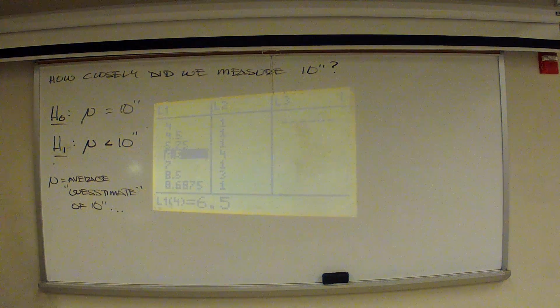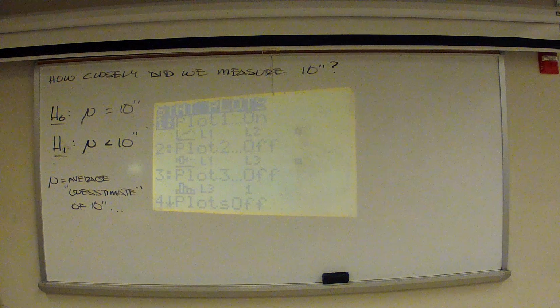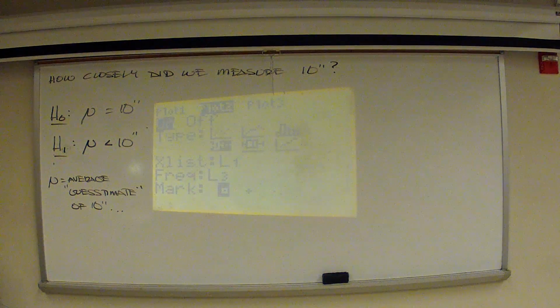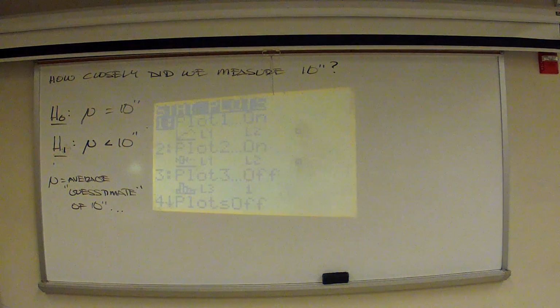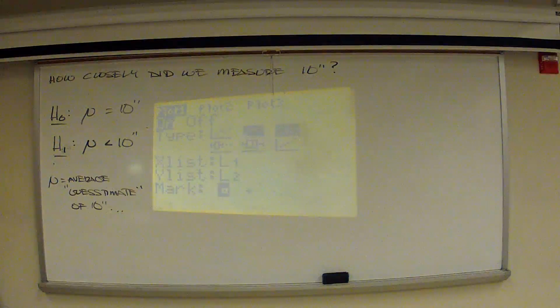Let's take a look. So I'm going to go to my plots, turn 2 of them on, plot 1 and plot 2. I'm going to make a modified box plot on plot 2, because that'll show me my outliers, using L1, L2. Plot 1 is a histogram with L1, L2. This is standard fare, the kind of stuff that we're doing all the time at the end of 243. Slapping a histogram and a box plot together and seeing if we get a shape.